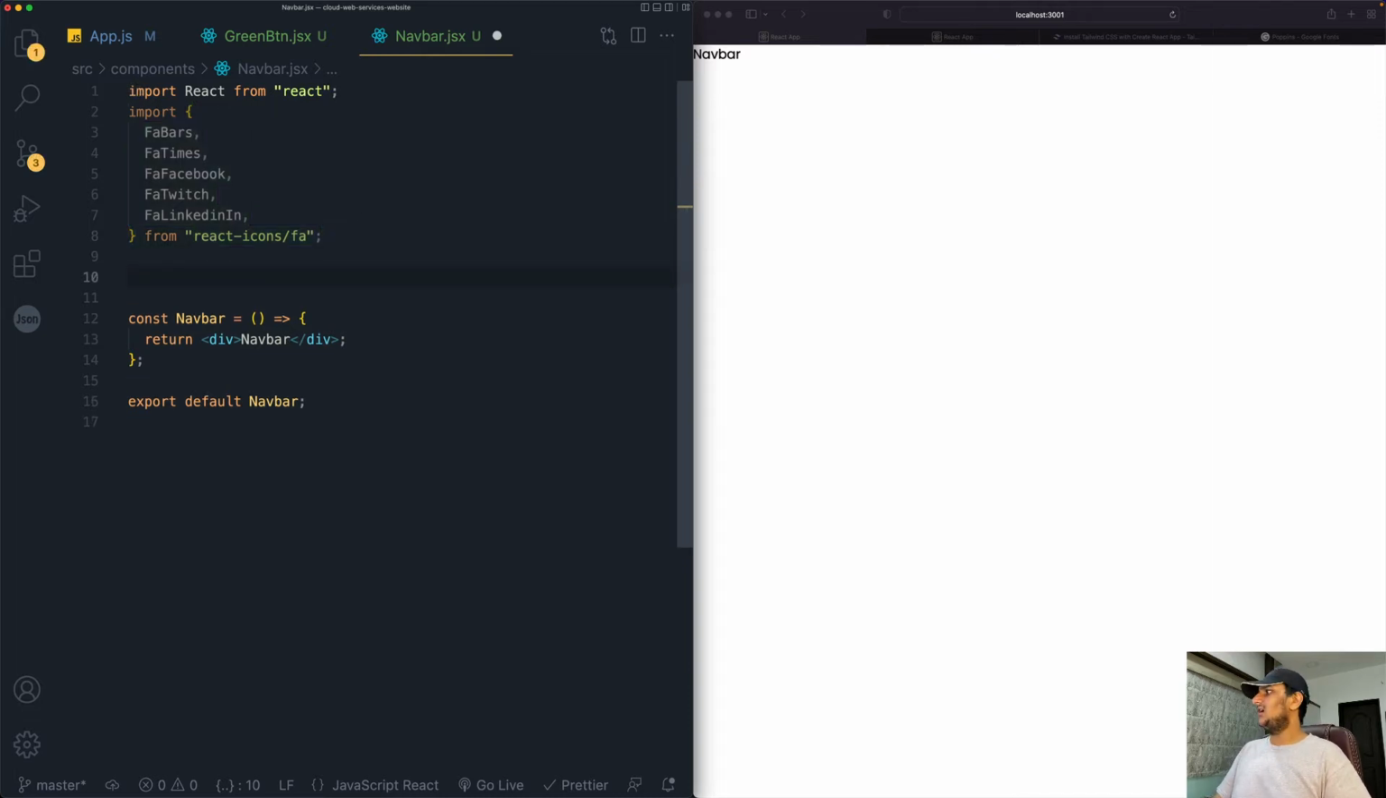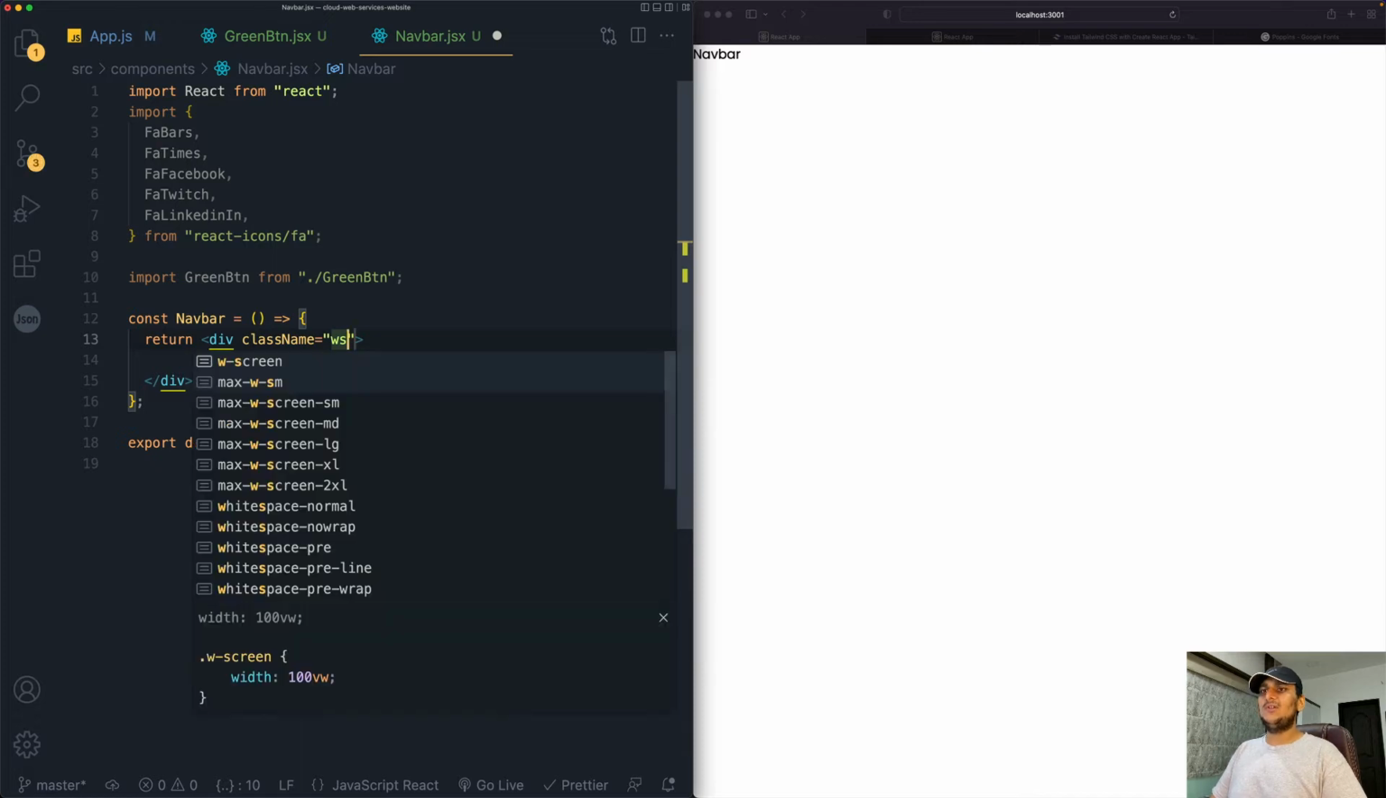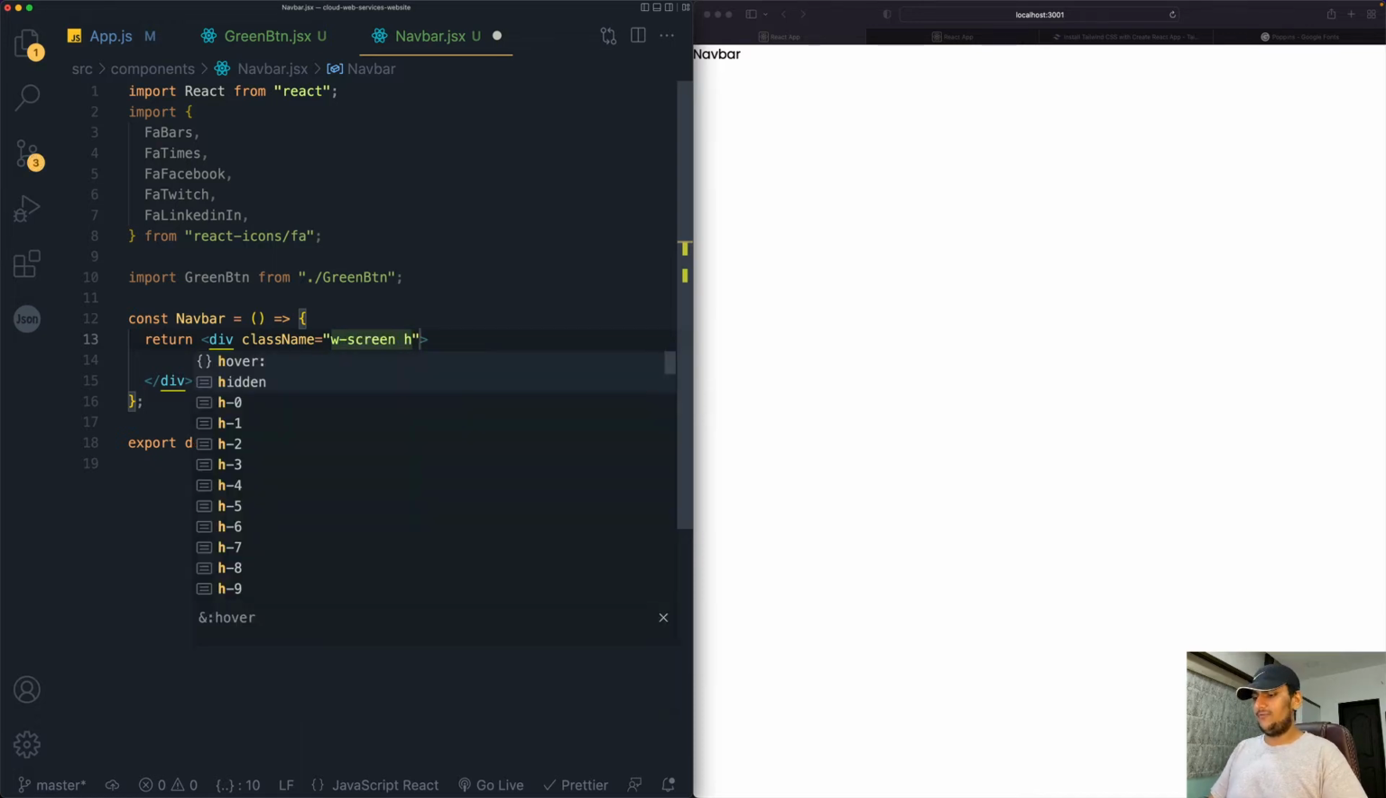And we also need our button. So I'll just do import from GreenButton, and we will call it GreenBtn. That's it. And now when I save it, we can use this green button inside our navbar whenever we want to, right? Okay, let's start off by adding some styles to this div. So we will have a div, and this div will have className of width of screen, height of 20, and z-index of 20,